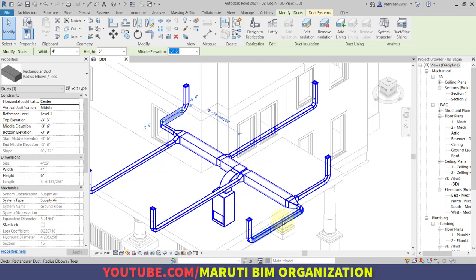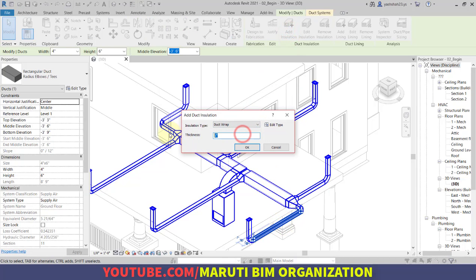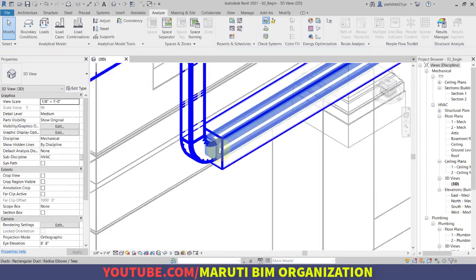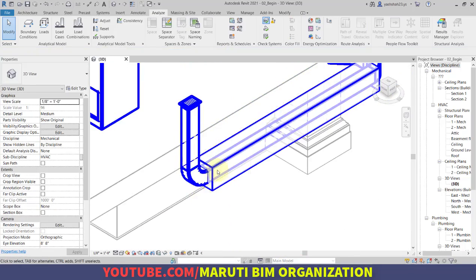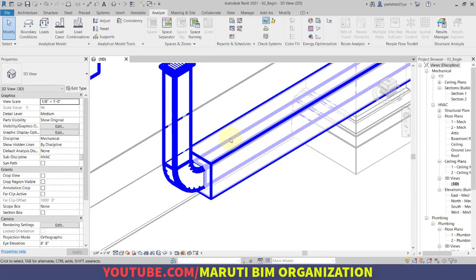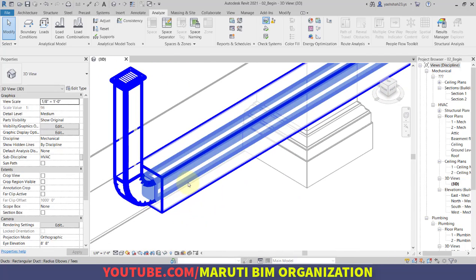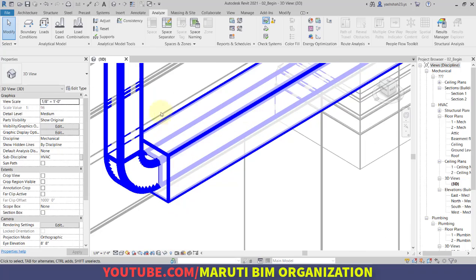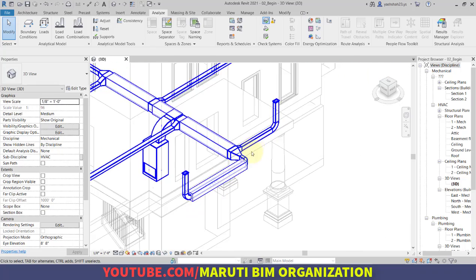You can also even change the insulation thickness. So let's say I want to keep 3 inches and duct wrap. So here, as you can see, my insulation thickness is larger. As you can see, this is my insulation, and this green line, this light line is displayed as my duct, and this border is displayed as the insulation.